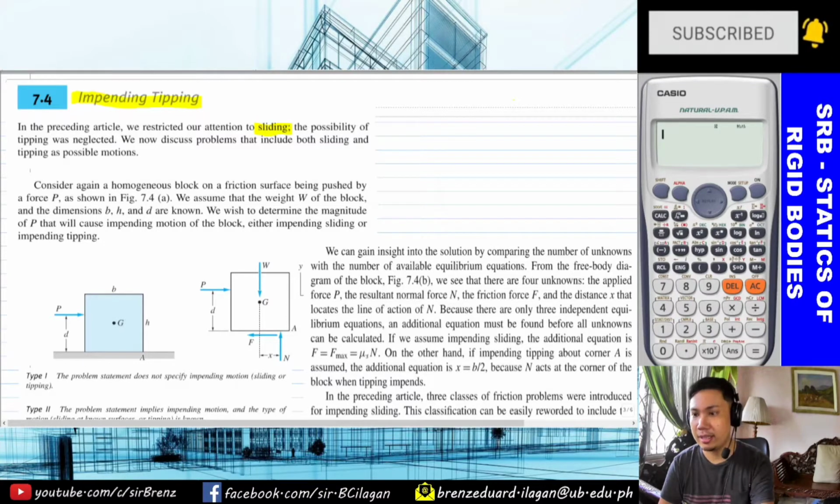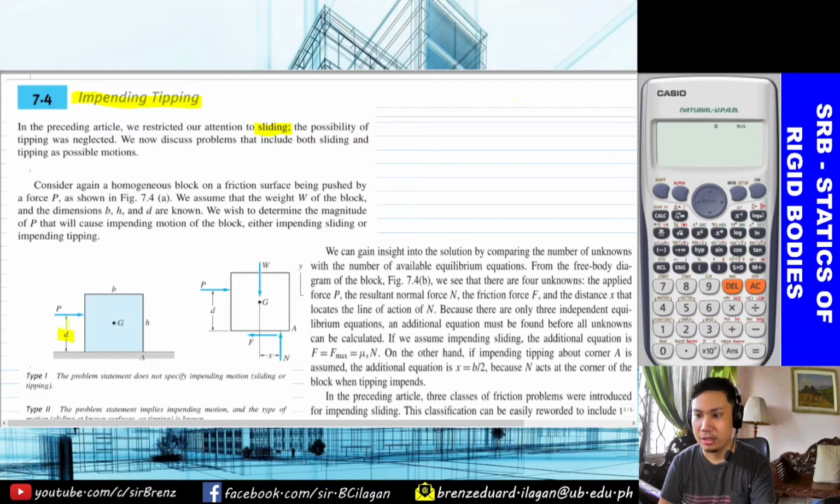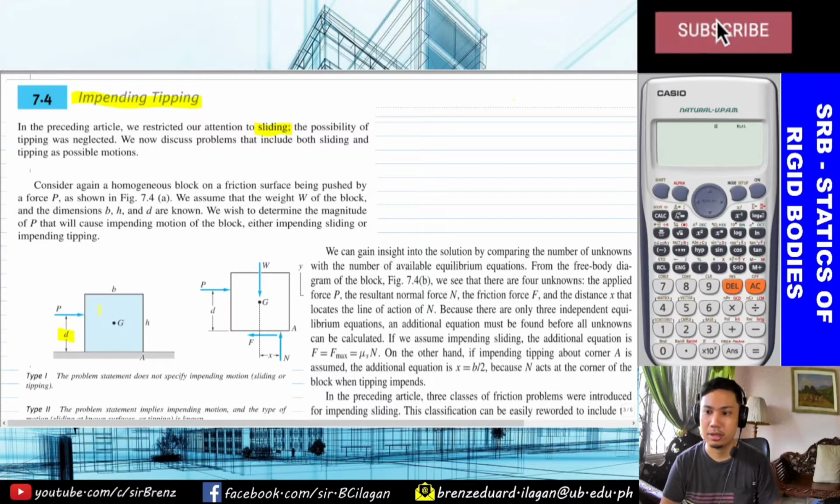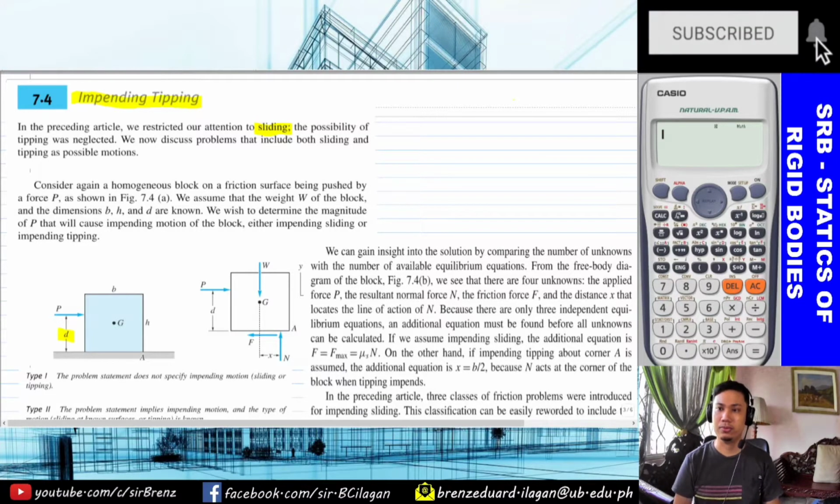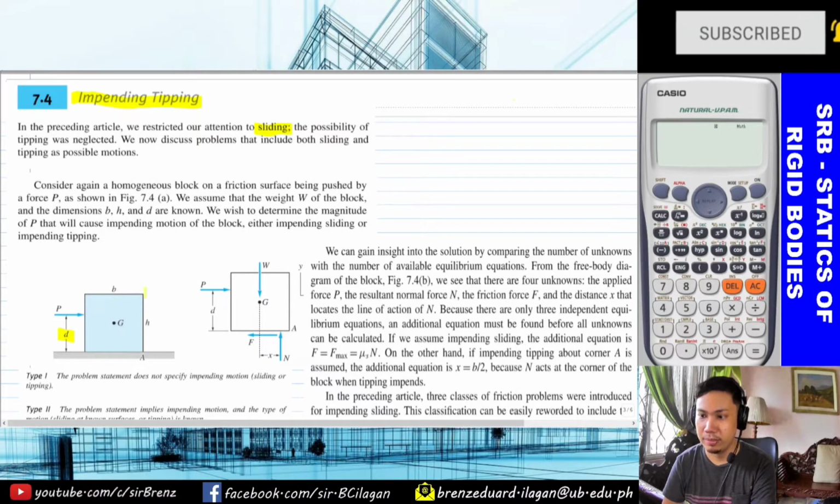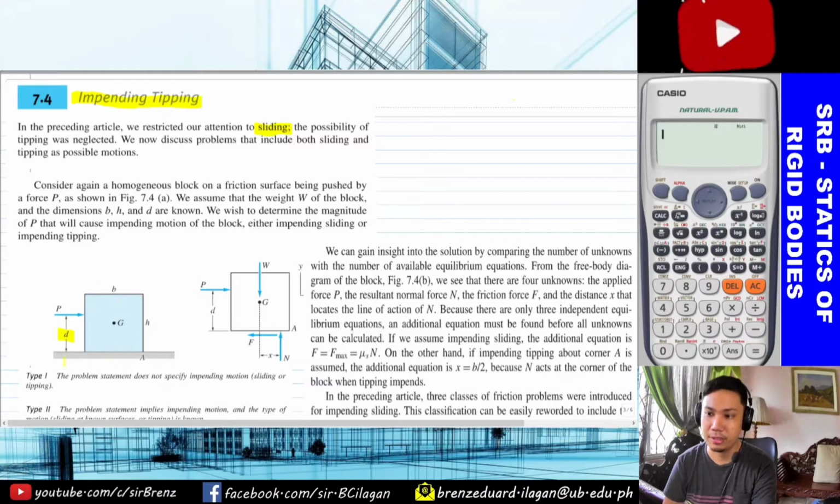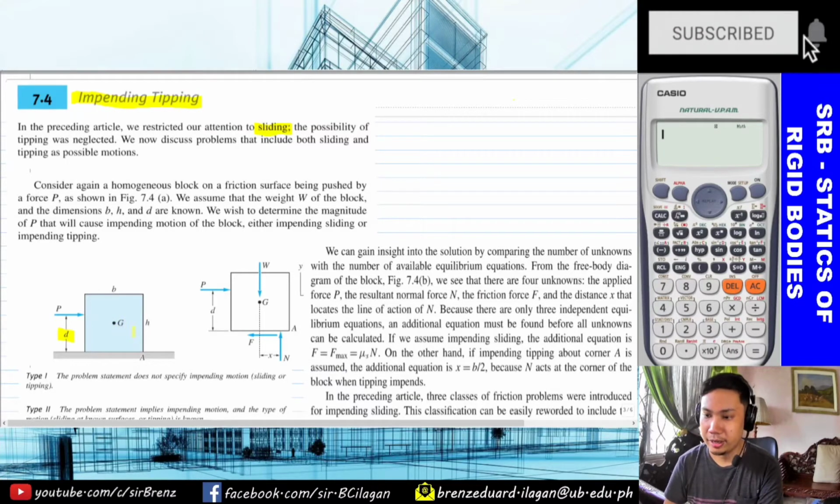One clue here is that the distance t is specified. What is distance t? This is the distance of the force P, the force which will cause the object to move. Aside from that, the dimensions are also given, for example, for this problem, the block, and the center of gravity of the object. Consider again a homogeneous block on a friction surface being pushed by the force P